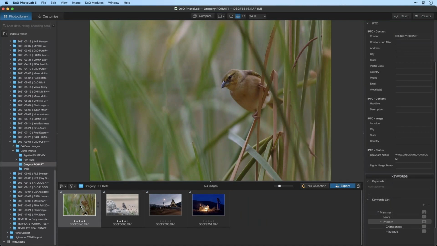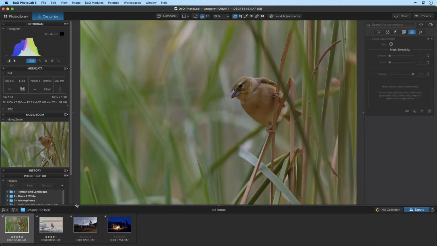And here's the really cool thing we want to point out in here. First of all, it works. That's number one. You can see here, this is shot on a Fuji X-T3 with the XF 200mm lens. And let me make this a little bit bigger here. I guess that's as big as it goes. It is also with a teleconverter. If I hover over it, it pops up. You can see teleconverter 1.4x. I point this out to point out that